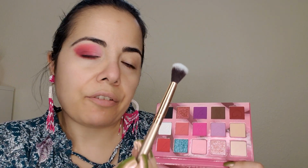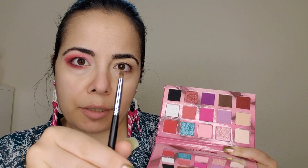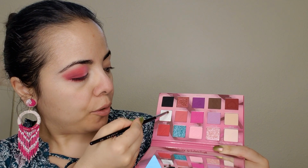Beauties, I'm gonna take a fluffy brush. I'm gonna quickly dab into that, very little. And this is just to blend this edge to make sure there is no harshness. For the final pizzazz, I'm going to pick a brush that's pointy, and I'm going to go into this